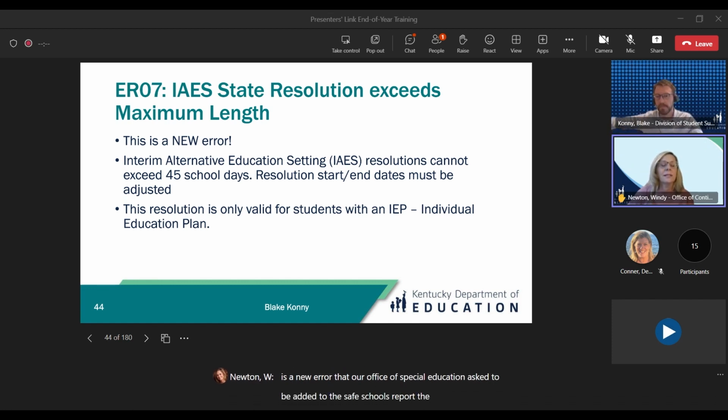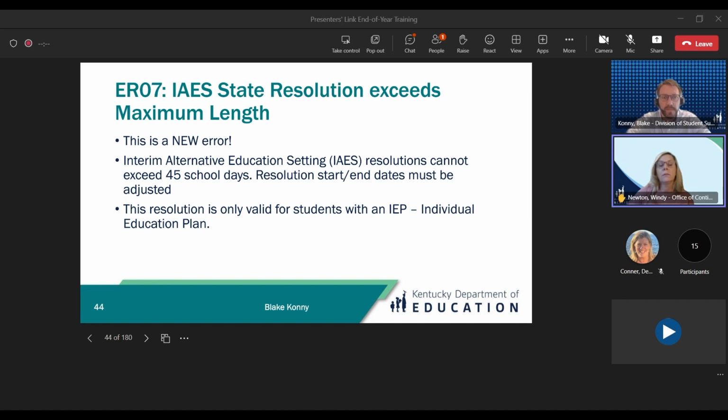The key here is an interim alternative educational setting resolution cannot exceed 45 school days. So if someone accidentally puts in this resolution for longer than the 45 days, this is what that error is going to give the user.